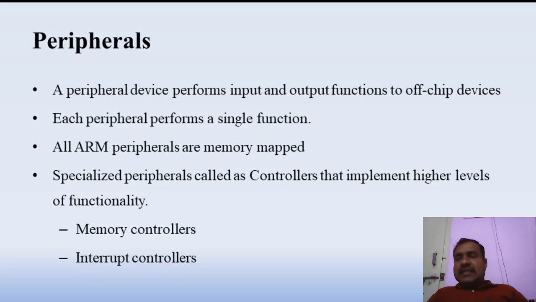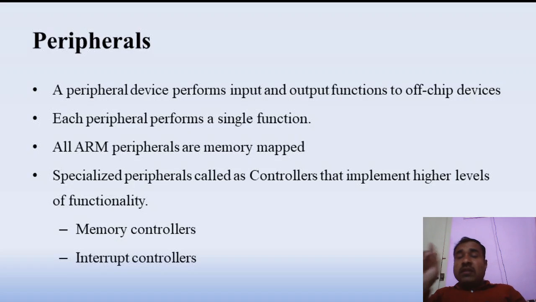So next, let us study the peripherals. I already told that peripherals are devices which improve the input and output functionality of a device off chip. That means the system processor core has been designed, and these peripherals provide input and output capability to this particular processor. And usually each peripheral performs a single function,